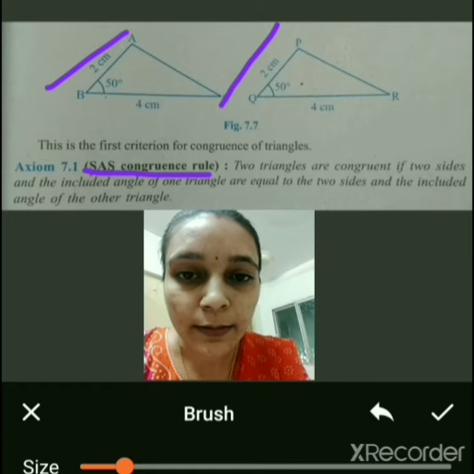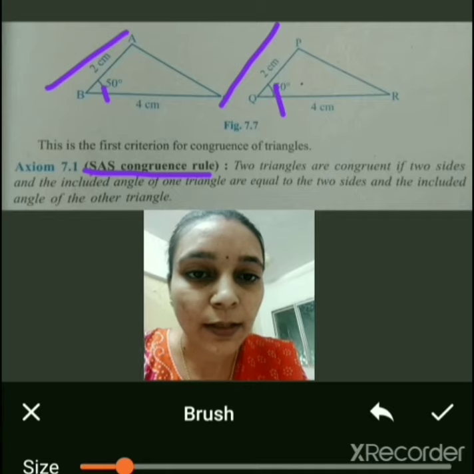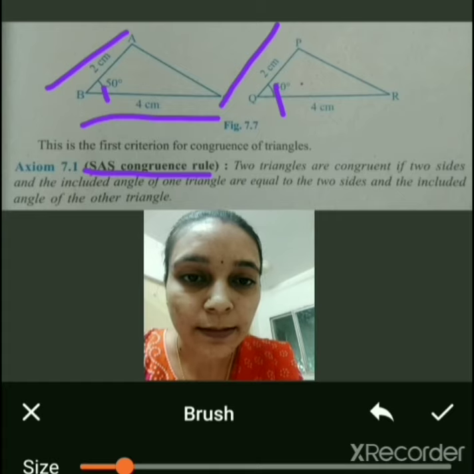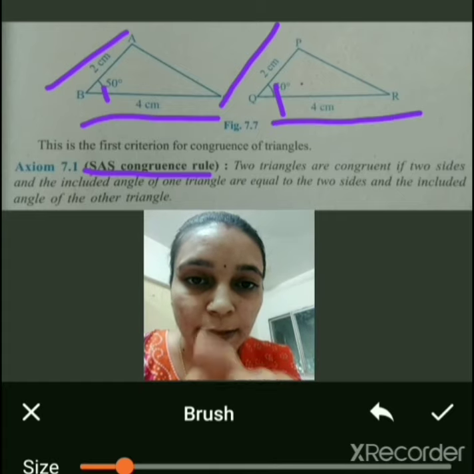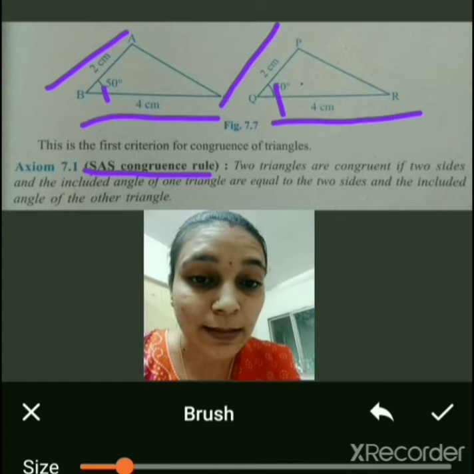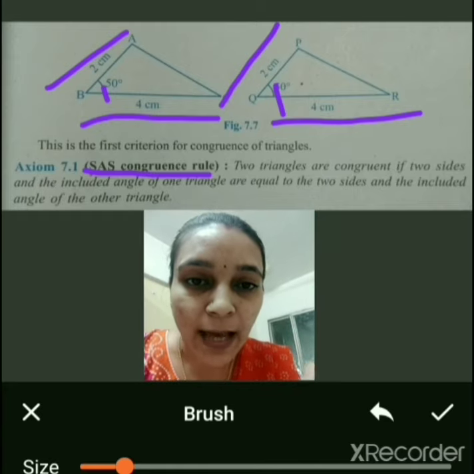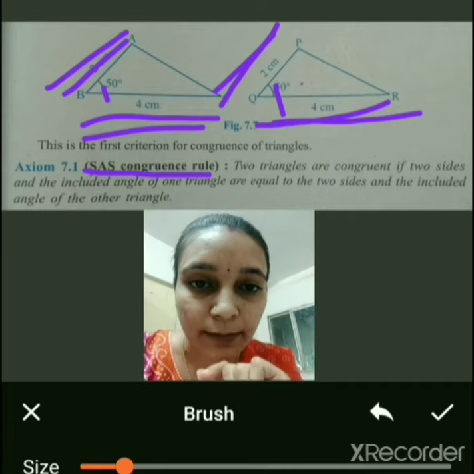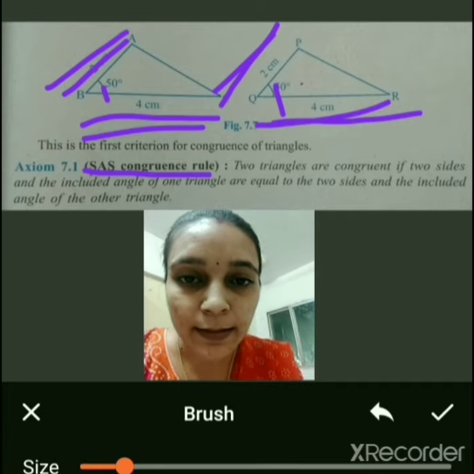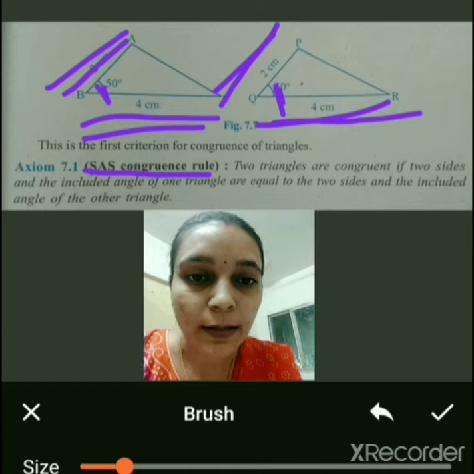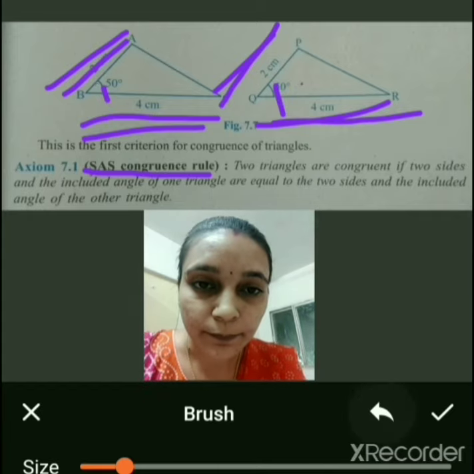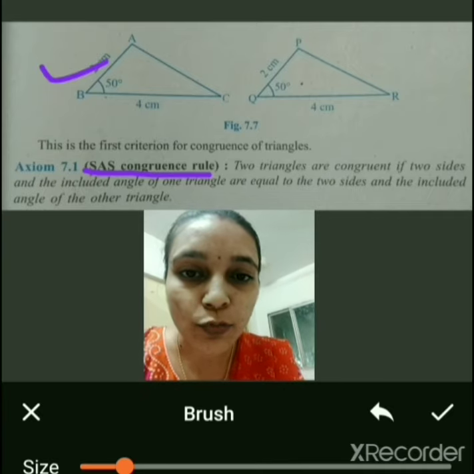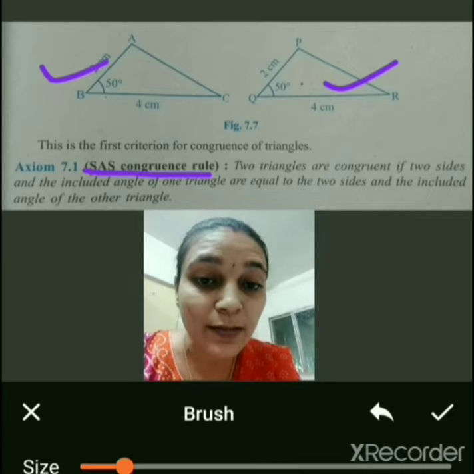Then the angle: here the angle is 50 and here also the angle is 50, right? Side, angle, and again the third side, that is 4 centimeter and 4 centimeter. So in this triangle you can see two sides and the corresponding included angle, right? This side included this angle is the same. So by the rule SAS, these two triangles are congruent, means we can say these two